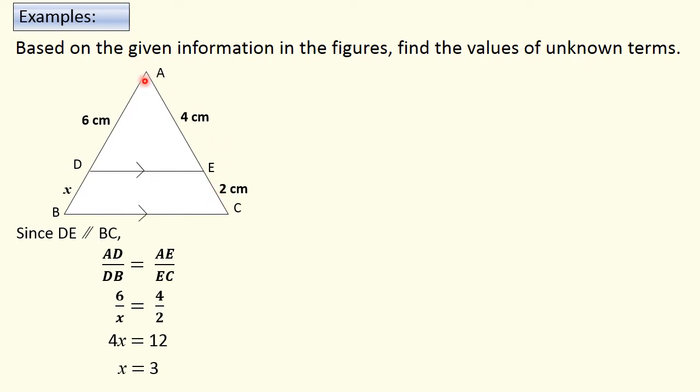Look at the ratio of the other side. AD to DB: here 6 and x becomes 3. So 6 is to 3. Once again, when you simplify by 3, what is the simplified ratio of the side AB? Again 2 is to 1. This is what the theorem says. When a line drawn parallel to a side of a triangle divides the other two sides proportionally, the ratios of the divisions on either side are equal.